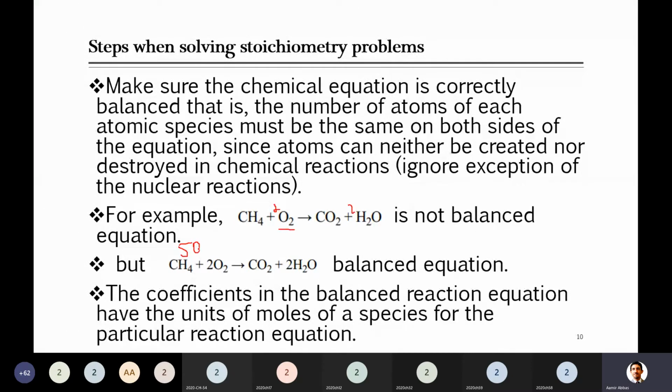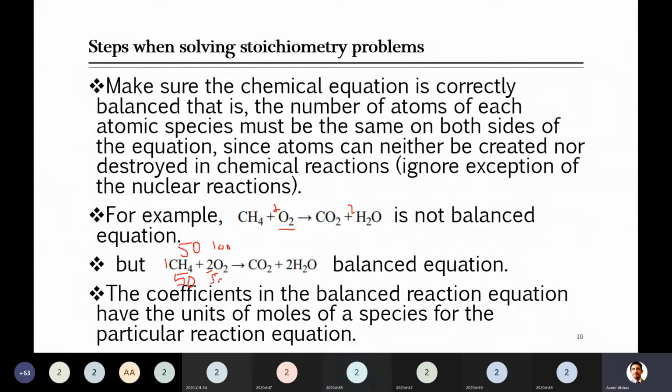So that's called a complete reaction. It will be completely consumed because they are available in the ratio as per the stoichiometric equation. The ratio as per the stoichiometric equation is that 1 mole of CH4 needs 2 moles of oxygen for the complete reaction. So it was 50 and 100, which means it is a complete reaction. Another example: there are 50 moles and also 50 moles of oxygen. In this case, what will happen? Incomplete combustion.